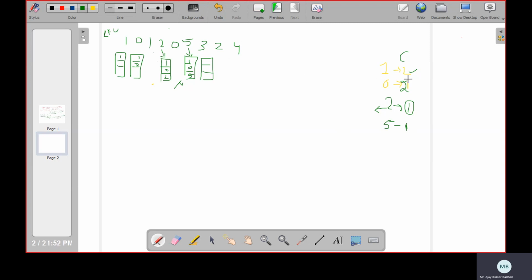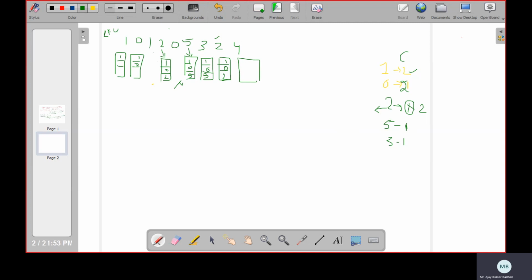Now I want to place 3. What is the counter value of 1? 2. 0 also has counter value 2. But coming to 5, the counter value is 1. So I am going to replace the lowest counter value, that is 5. So I replace page 5 with page 3. Now I want to place 2. Which one can I remove? Obviously 3, because 3 came first time, so its counter value is 1. So I will replace 3. So 1, 0, 2. But for 2, the counter value has now become 2 because it has come a second time.